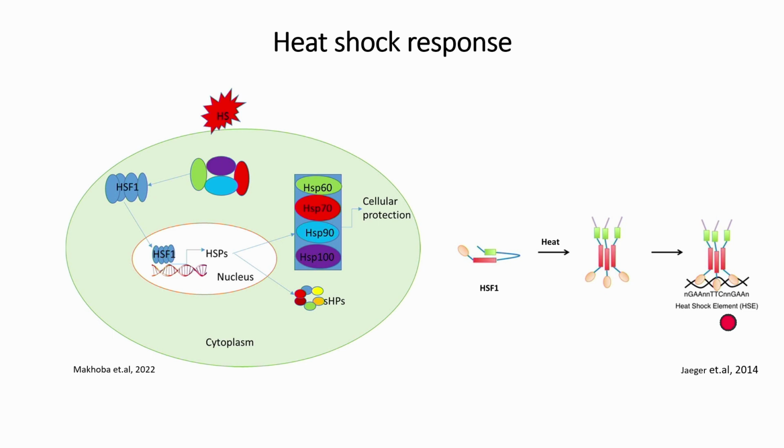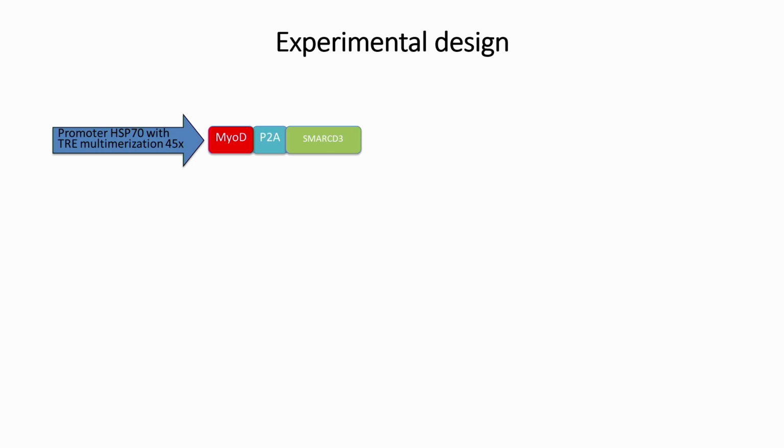Based on this knowledge, we decided to create two different vectors. The first one contains the HSP70 promoter with a multimerization of the heat shock elements to enhance the activation of the promoter. Downstream of the promoter, we added MyoD, which is one of the master genes of myogenesis, and SMARCD3, which is a chromatin remodeler that is known to interact with MyoD to facilitate its binding to the target genes